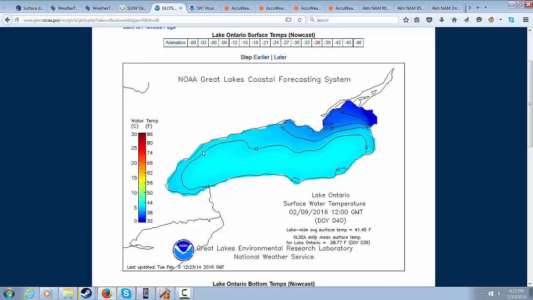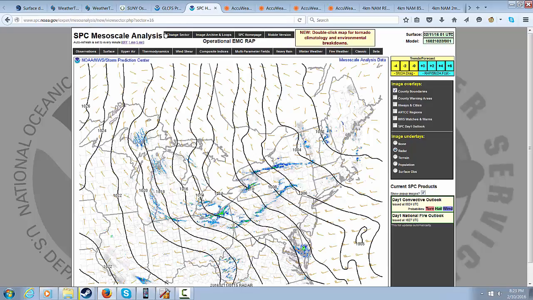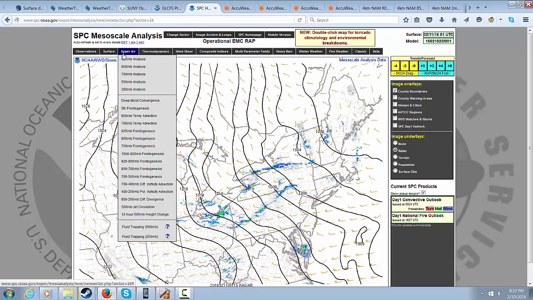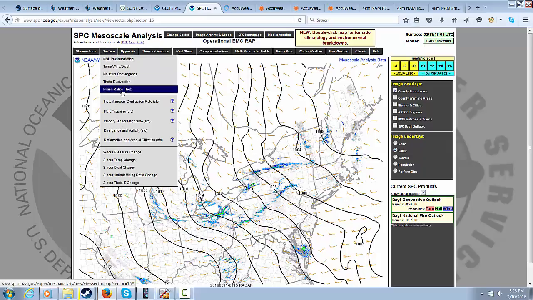But because of the lack of cold air present over the Great Lakes region this entire winter so far, lake temperatures are above normal. Last year, the lake was frozen over almost out to the horizon. Now we're having lake temperatures in the 40s, so this warm pattern is definitely going to prolong the lake effect season. Looking at the current SPC mesoanalysis right here, we will first look at